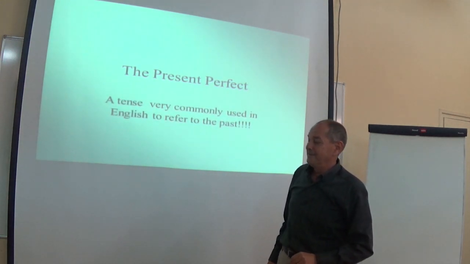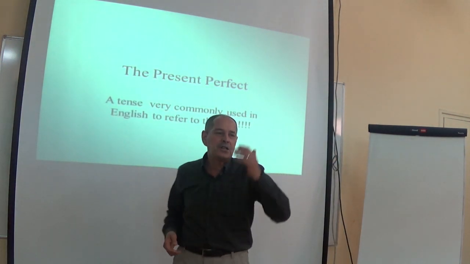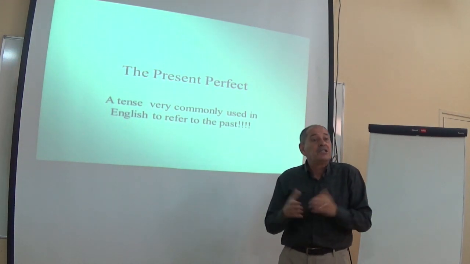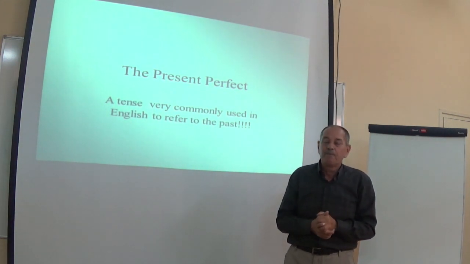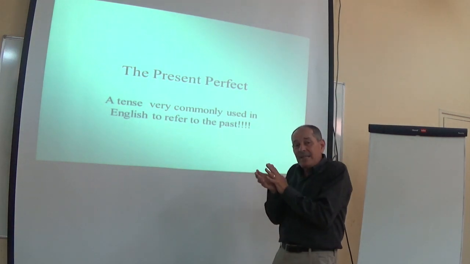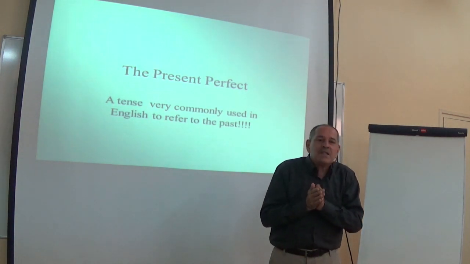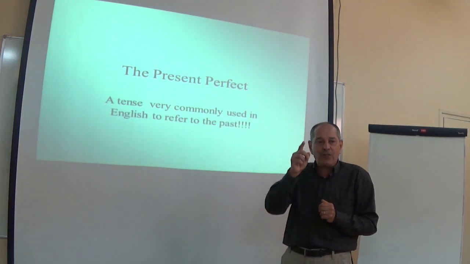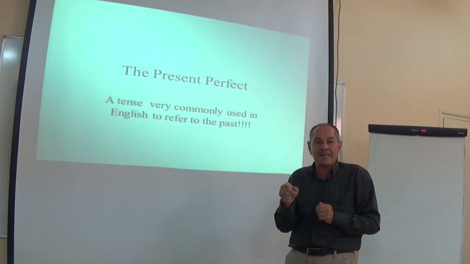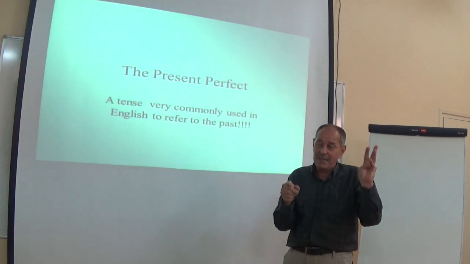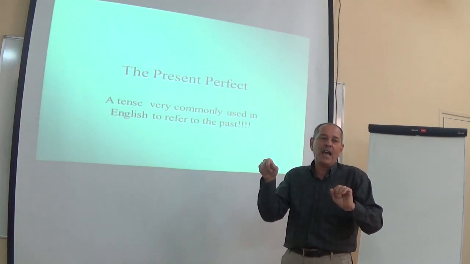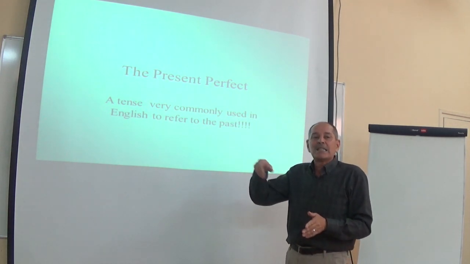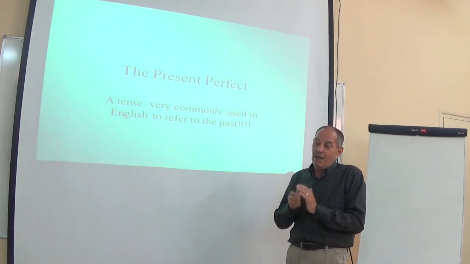The present perfect. When you say present perfect, some people may think that it is a present tense. It's not present. It is a past which is in relation with the present. This is why it is called the present perfect. We obtain it using the auxiliary have or has for he, she, it. Remember we add s. So I have, you have, they have, but he has, she has, it has, plus the past participle of the verb.